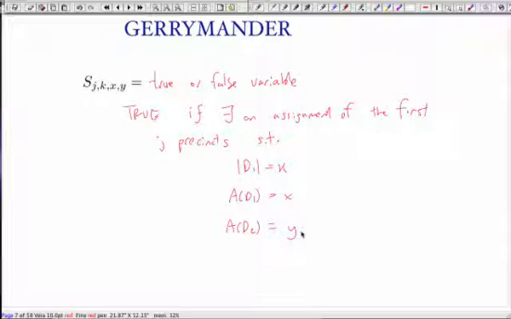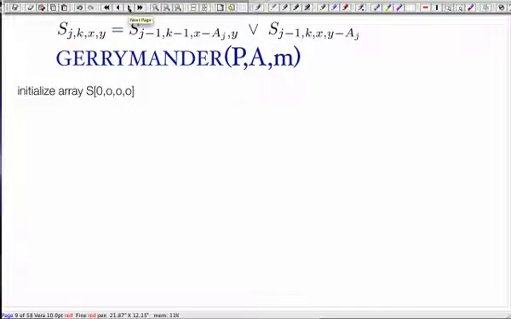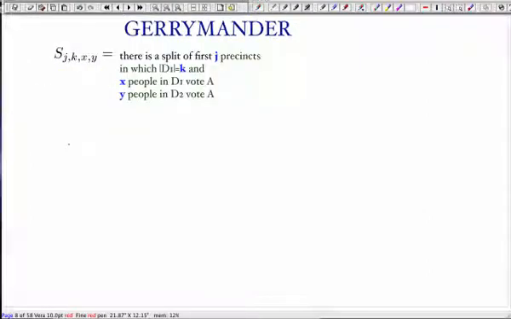Which is essentially what I wrote right there. And then came the punchline of the problem,